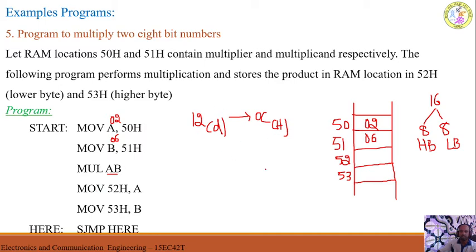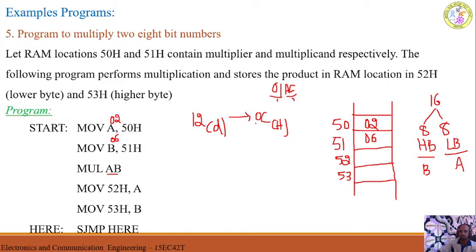After the multiplication, the lower byte is always stored in the accumulator, and the higher byte, if you get one, will be stored in the B register. Now we did not get a higher byte because we took smaller numbers. If you take larger numbers, for example 25 here and 69 here, then when you multiply these two you get a 16-bit result, something like 01AC. So if you get 01AC as the answer, then AC is the lower result and 01 is the higher result. The higher result will be in the B register, and the lower result will be in the A register.